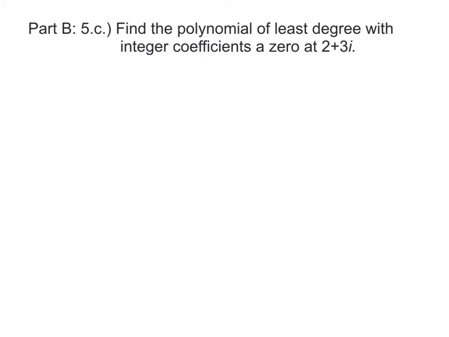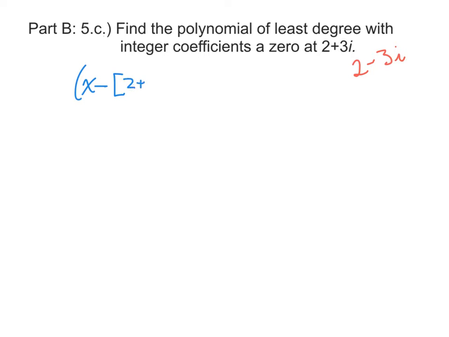In 5C, we want to find the polynomial of least degree with integer coefficients and a 0 at 2 plus 3i. Because these zeros have to happen in conjugate pairs, that means we know that there's another 0 at 2 minus 3i. So, setting up the polynomial, since one 0 is at 2 plus 3i, its factor is x minus